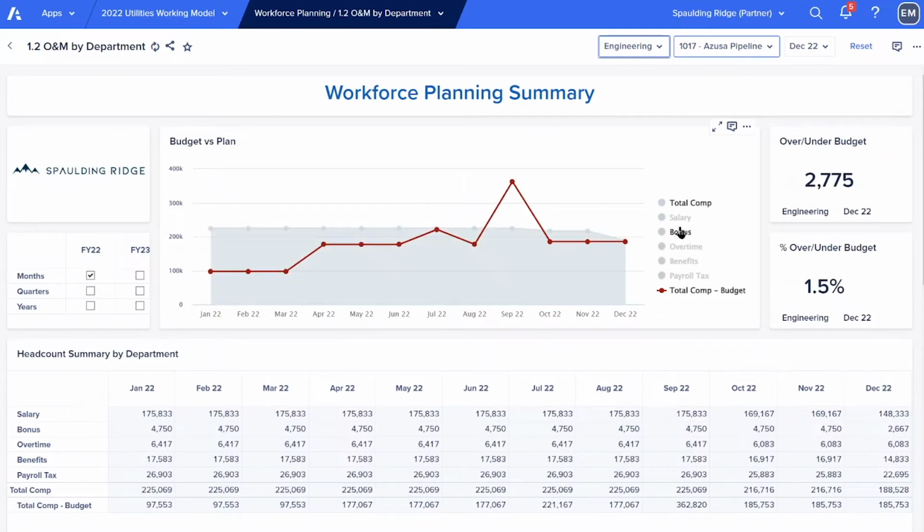So if I look at total compensation versus our budget, right? So our red line here is our budget. And from a finance perspective, now I'm able to see that those inputs of attritions that I'm expecting, of transfers I'm expecting, of the pipeline plan I'm looking to hire, once I account for all those, specifically in our engineering group here, I can see that come December, I'm going to be right on target for my budget. If again I was to look at July,